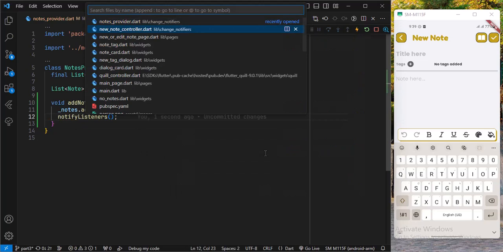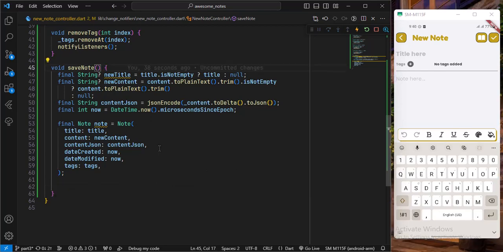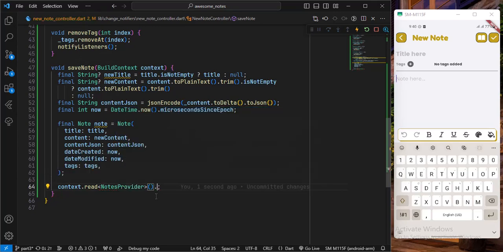So to be able to call the notes provider, we have to have access to the context. So for that I will just pass the BuildContext from here, and I will say now context.read,